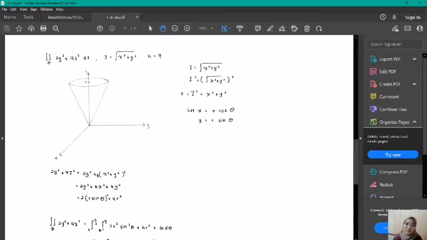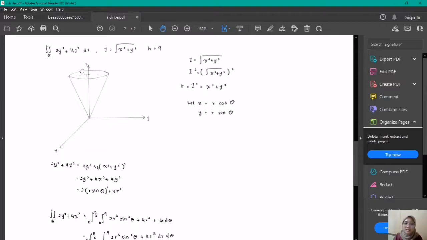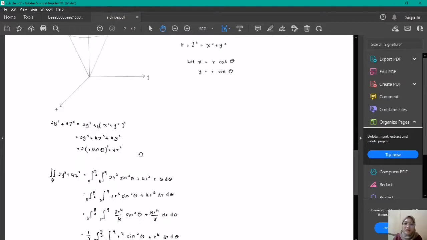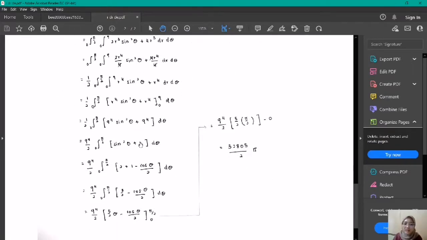Alright, moving to my last question, which is question number 3C. For this question, I just drew this cone from my imagination. So after I calculated the question, this is my final answer for question number 3C, which is